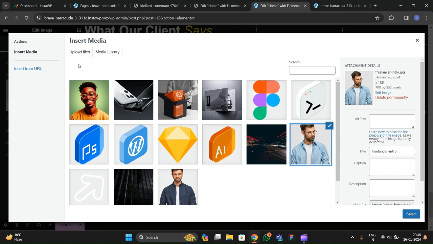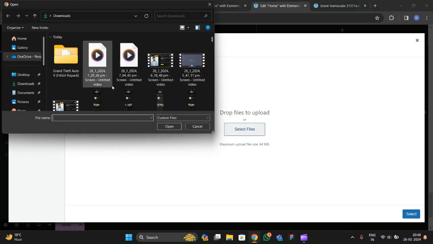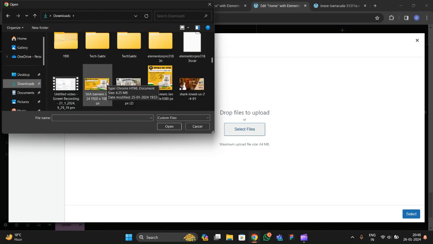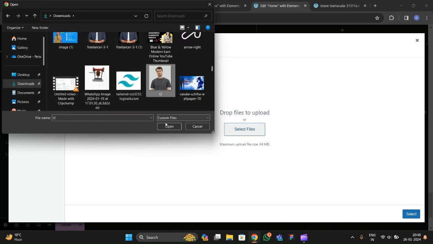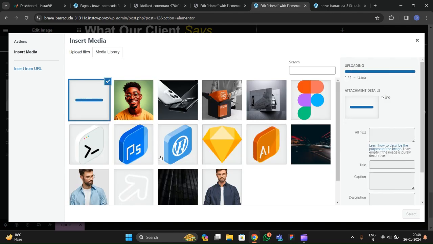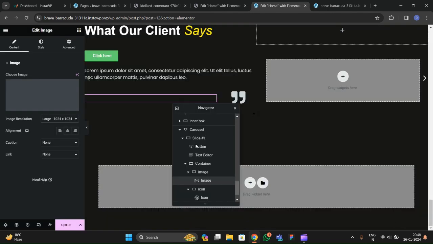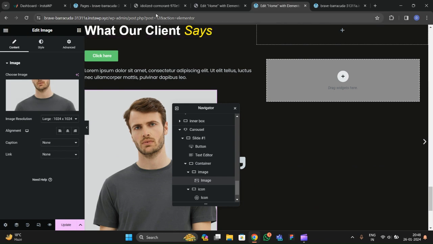So for choosing this we have to upload that image. So let's go to the downloads, and from here we're gonna choose this image. Okay, so let's wait for it to open. Let's select it, and so now we have to make it like this